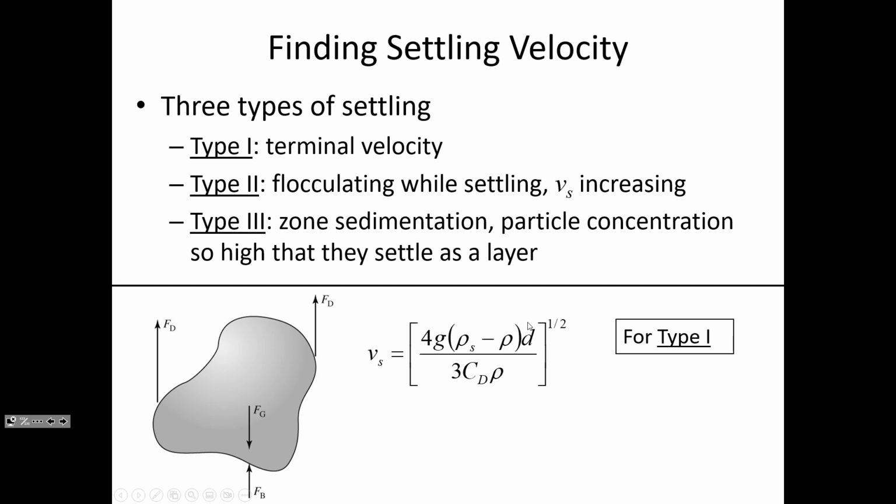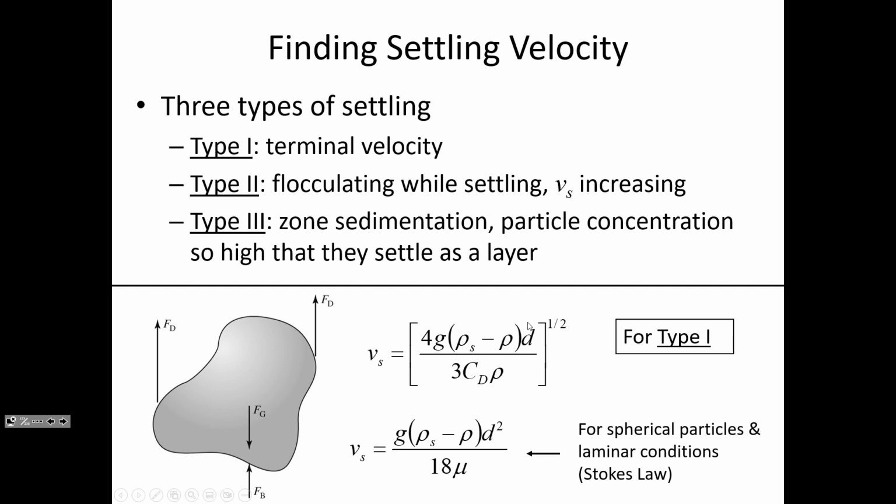If we assume that the particles are spherical, and if we assume that it reaches the terminal velocity really quickly, then we can simplify this settling velocity equation by applying Stokes' law. And so this is Stokes' law, which says that the settling velocity depends on the gravitational constant, the difference in the density between the solid particles and the liquid, and the diameter. Now this is assuming it's a sphere. And that's an okay assumption